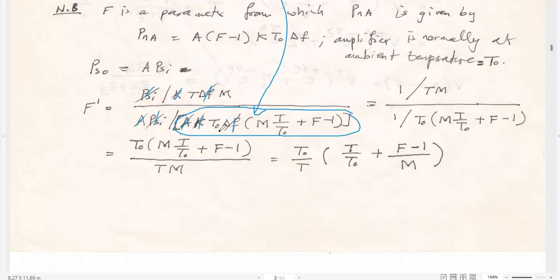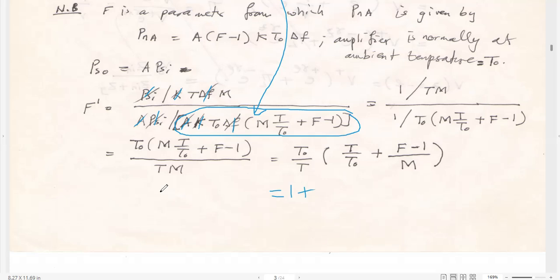We will have here T naught, as you can see in the numerator, times M T over T naught plus F minus 1, and this will be in the denominator, T times M, and this is equal to T naught over T times T over T naught. Here you can see this is 1. In fact, the first term is 1